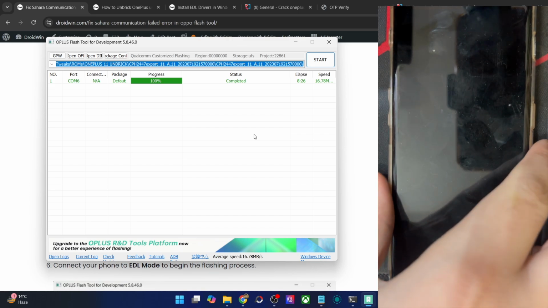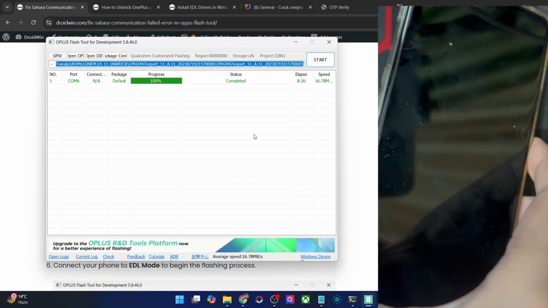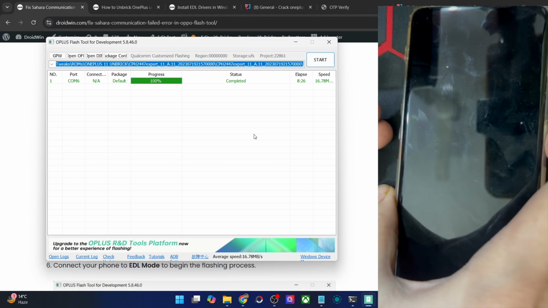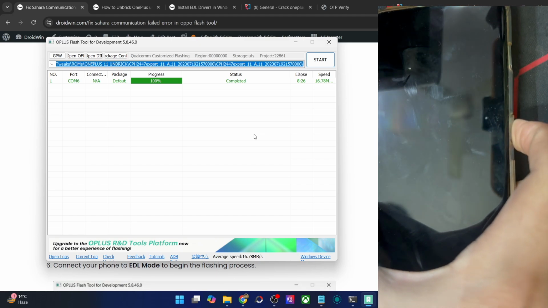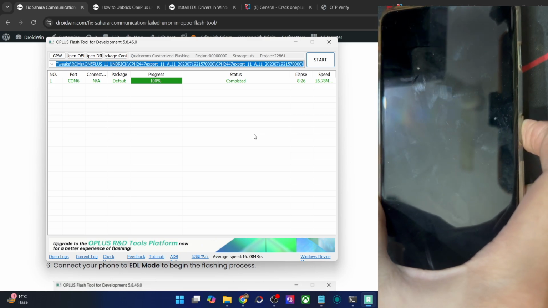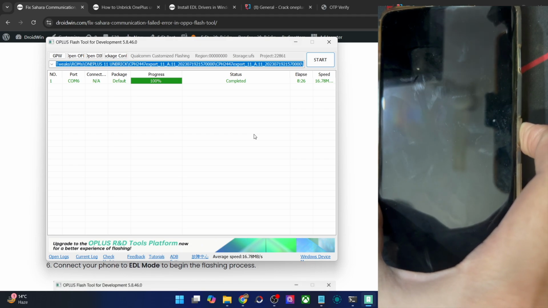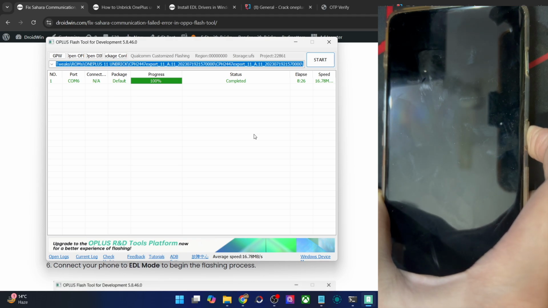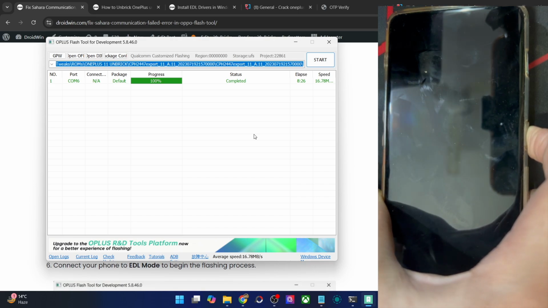For that, as of now, our phone is in the EDL mode. So you may do a restart via quite a few methods. The first one is simply long press the power key for around 10 to 15 seconds. And in some cases that works out, whereas in other cases it might not work out. So let me first verify this process and see if it works out or not. So keep on holding this key. But if this does not work out in your case, then you could do one more thing. Press and hold all the three keys, which is the power, volume up and volume down keys.